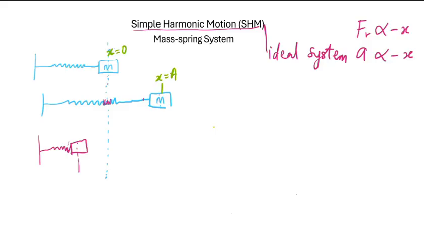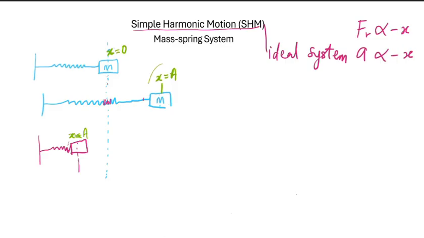Now, when it is going back and reaches this place also, your x is equal to a also, but it is just the negative value of that value. It is negative a: your x is equal to negative a at this position. Now, if you are not talking about the velocity,